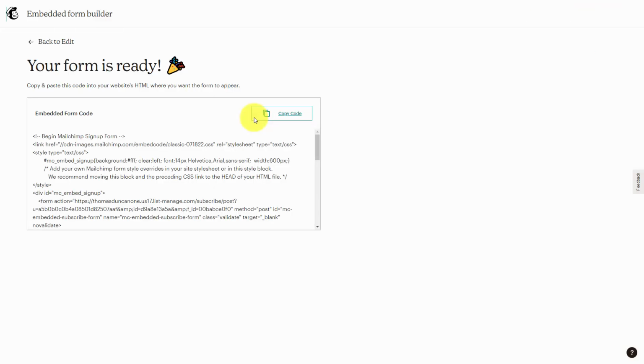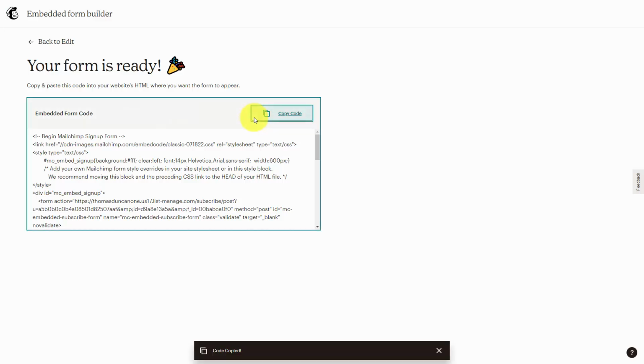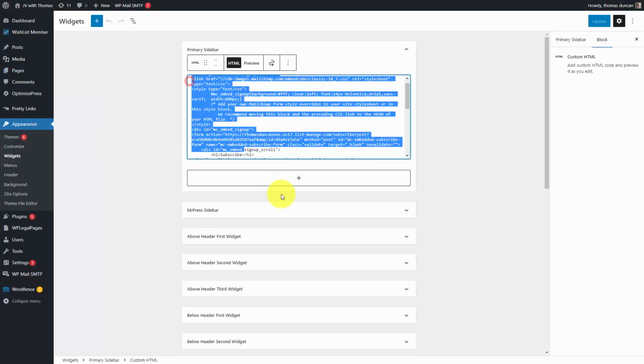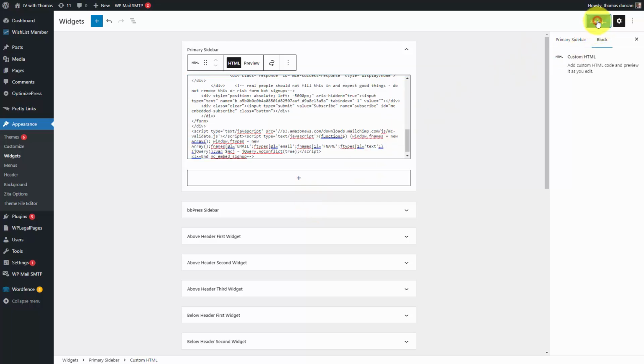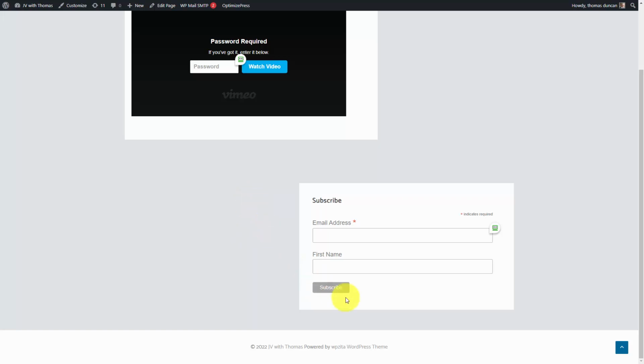We're then going to see code that our email sending service gives us. We're going to copy that code. And we're going to go to the widget area. We're not going to replace the code. We're then going to update the site. And you'll notice now that our form is in the widget area that we just created inside of our email